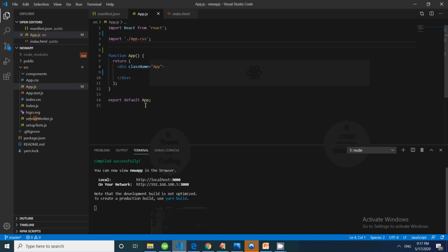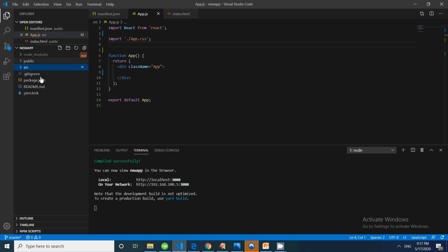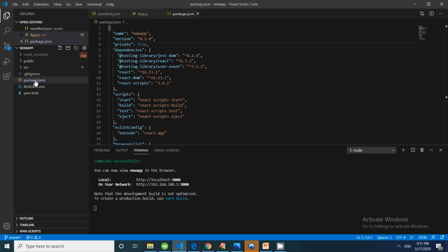Let us first check the folder structure of React. Once you create a React app, we have the public folder, the source folder, and the package.json file. The first thing is package.json, which describes everything related to your app.